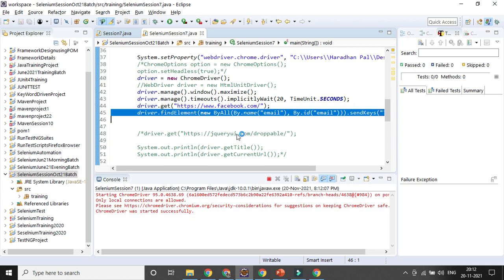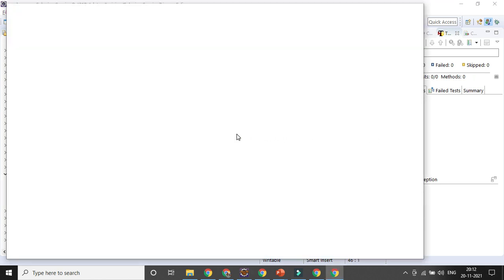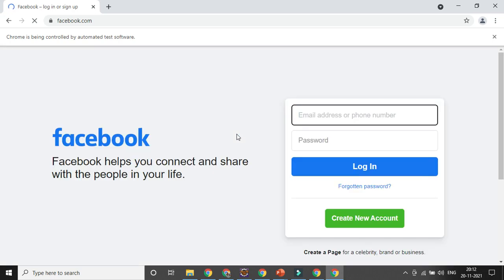So here you can give 3, 4, 5, so that in case it is not matching, it will go for the second or third and the consecutive way. Unless all the things are not matching, it will throw an error. Otherwise it will check for all the element locator options, whatever values you are giving. So you can see it is entering it properly, right?